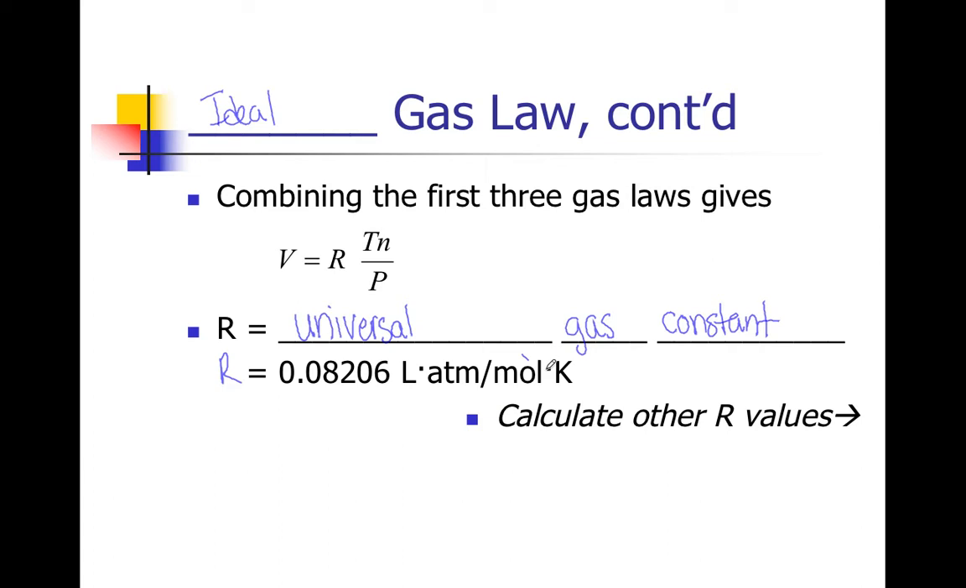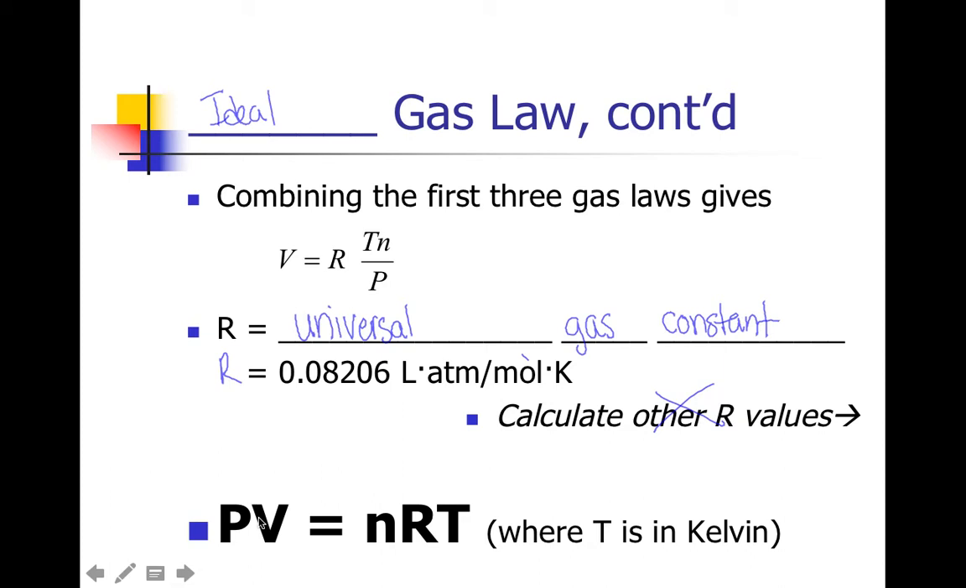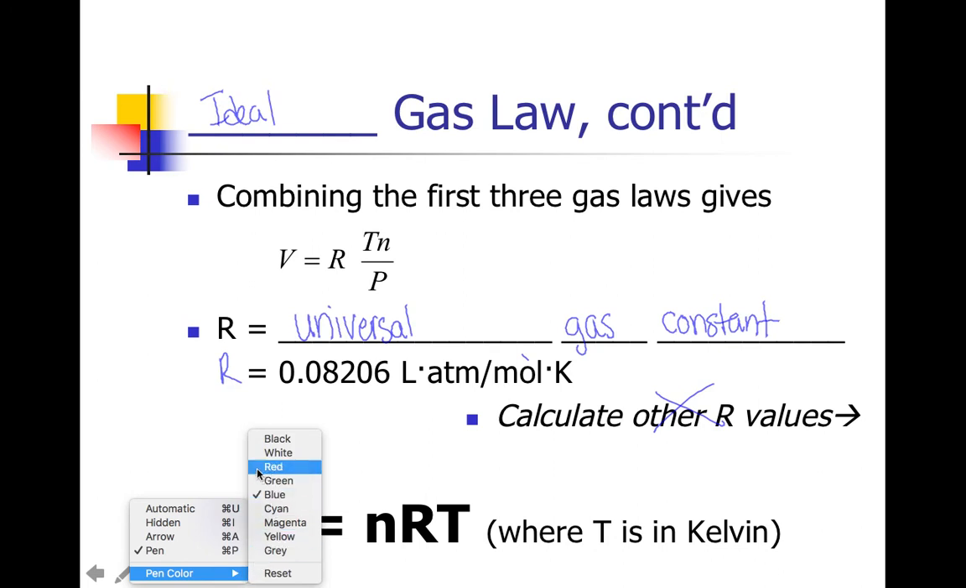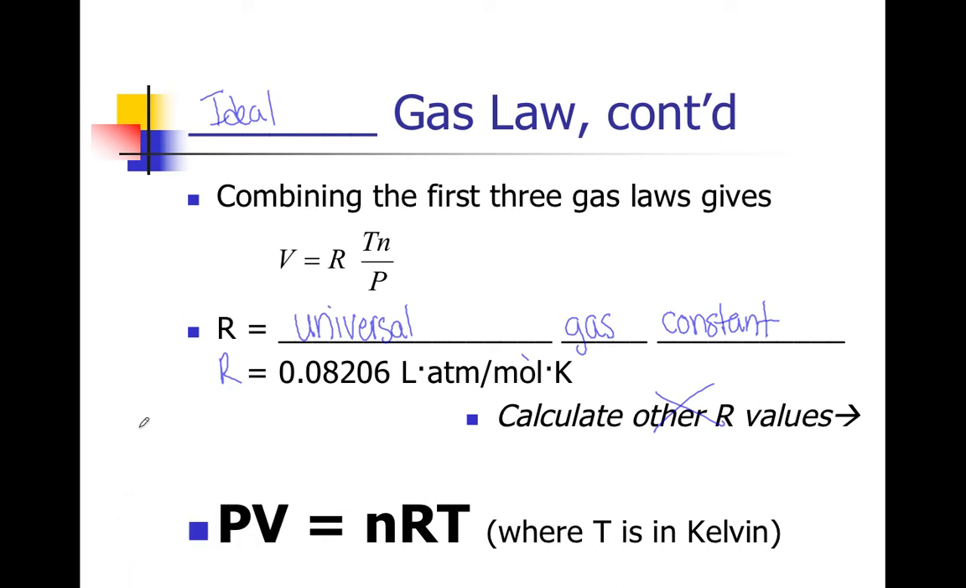Today we're just going to focus on this R value, and we are not going to worry about calculating any other R values today. So to get everything up on the same level in the equation, we get P times V equals N times R times T, where P is our pressure,